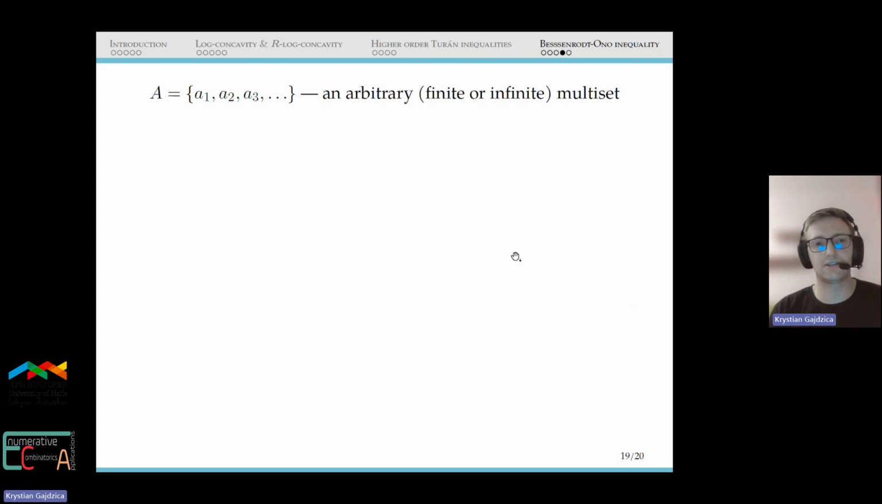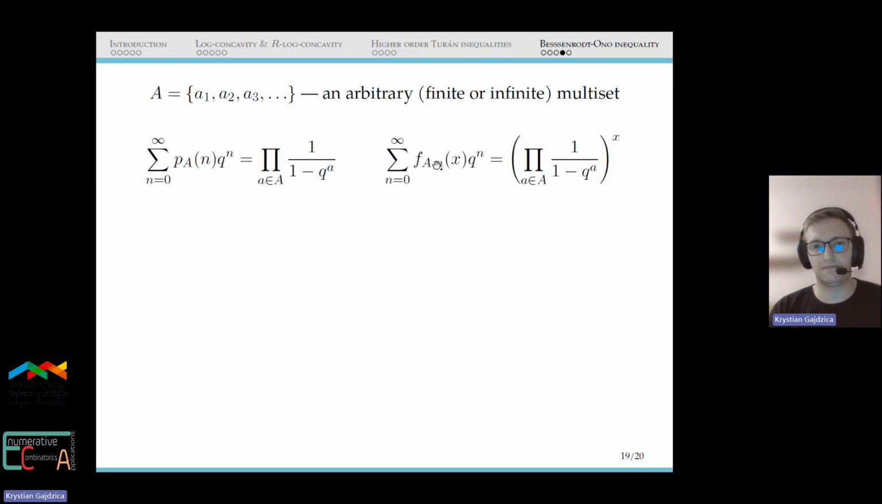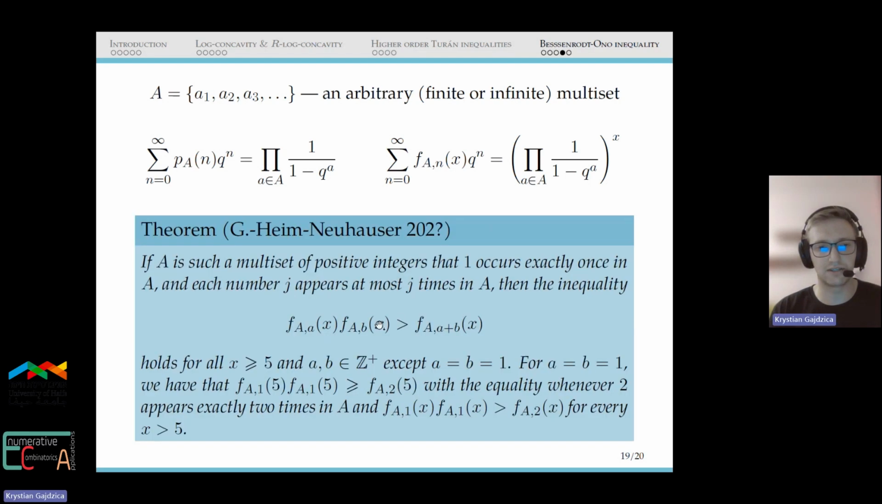And what about the polynomization? In that case, the generating function for the A-partition function is given by the following equality. So once again, we obtain some family of polynomials. And now Professor Bernhard Heim, Professor Markus Neuhauser, and I were able to obtain the following characterization. If A is a multiset of positive integers such that one occurs exactly once in A, and each number j may appear at most j times in A, then we have the following